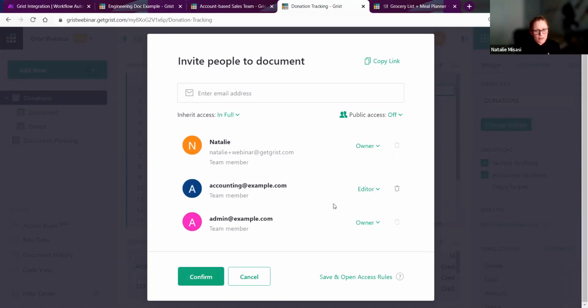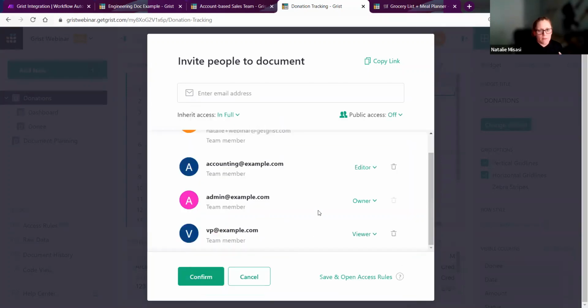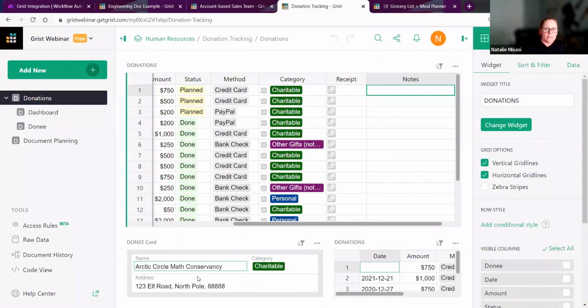Accounting is not included in the workspace, and by adding them to the document, that does not give them extra access to that workspace. It just gives them access to this document as an editor. We also want to add the VP. We'll keep them as a viewer so they can view the document but not make any changes. And again, just click confirm when you save to make sure those changes are saved and these people are added